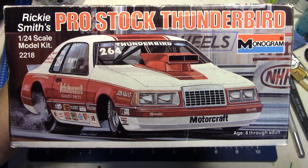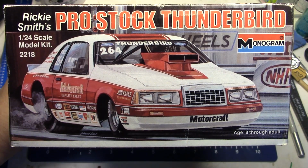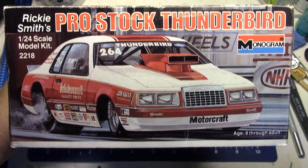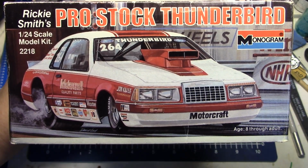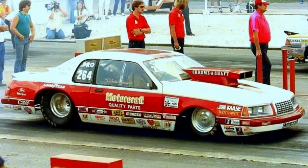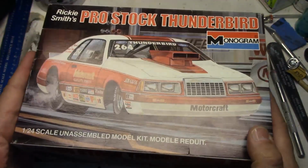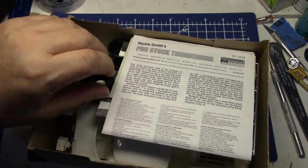how it was painted. But as I got into going to racing, stop laughing at me. As I was getting more into racing and understanding stuff, and I went to some drag races and I saw real pro stock cars run, and I saw this one run, and it was beautiful. And you know, I wasn't really going to get into the kit. This isn't about the kit itself. Maybe I'll do Lucas kits later, but